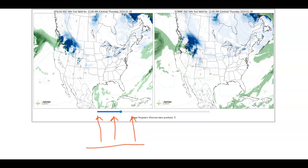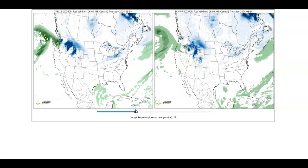No matter pretty much what it is, no matter if we receive solar radiation or not, the Earth will still radiate heat away. So in this case, we didn't receive any radiation from the sun during the day for the most part, and we are going to be having no clouds as we go into the evening hours and overnight, which means that we're going to be radiating quite a bit of heat and not retaining any of it as we go forward in time, which is going to open us up to some pretty severe cold in this particular region as we move forward in time. So we'll look at temperatures here in a little bit, but ultimately we see high pressure